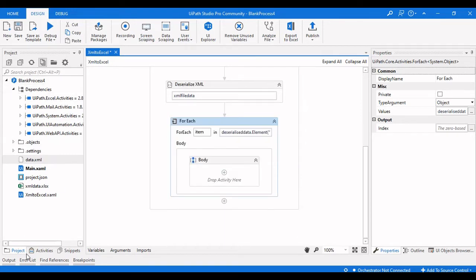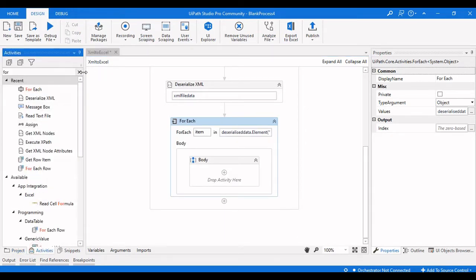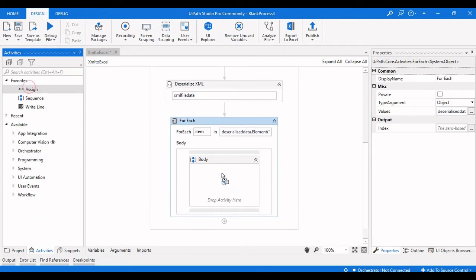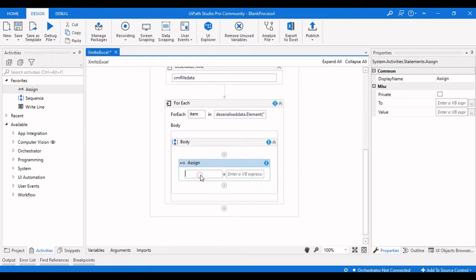And now we will take an assign activity here, to assign that particular value to a variable in order to get them to the Excel file, and we will name the first one as common data. Item dot element here.